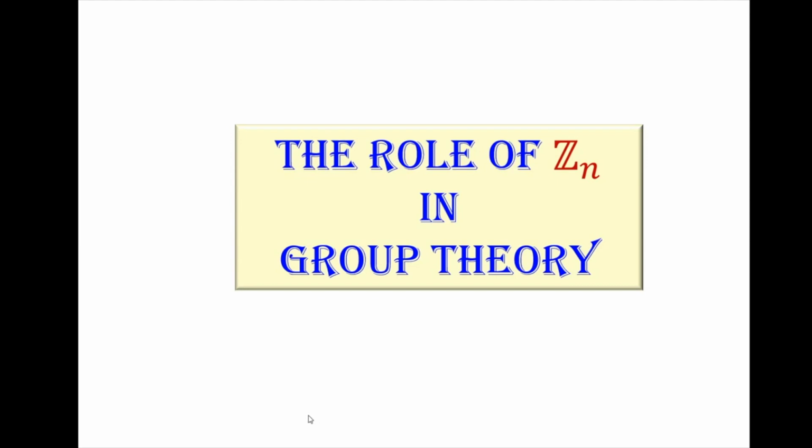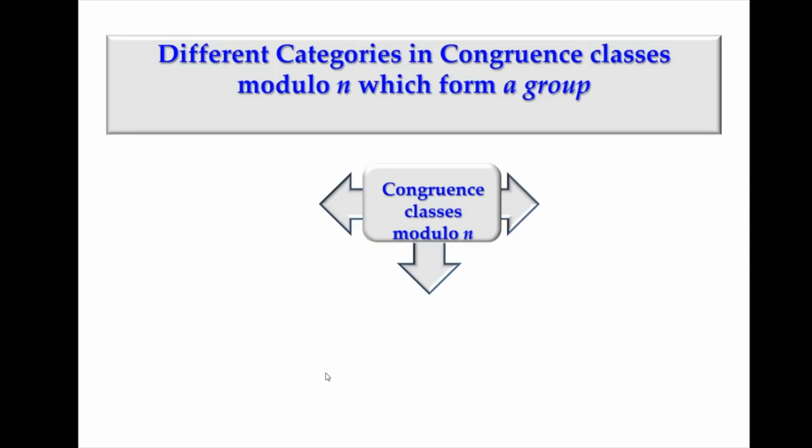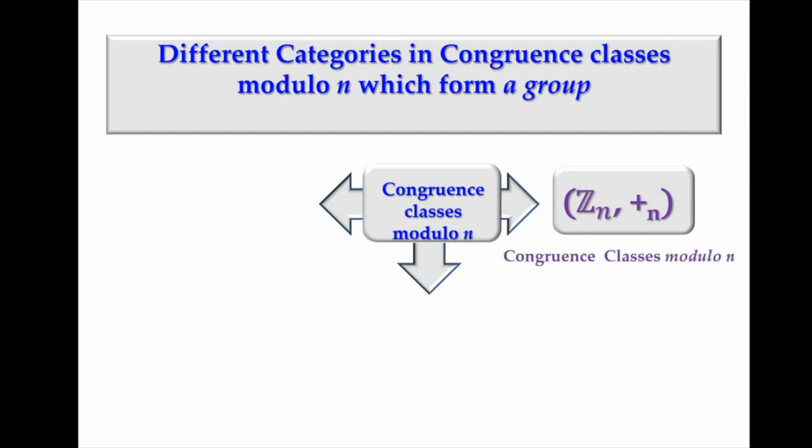So in this video we have the role of Zn in group theory. There are different categories in congruence classes modulo n which form a group. See, the congruence classes modulo n can be of this category, that is Zn, under addition modulo n, and then this is congruence classes modulo n, and then